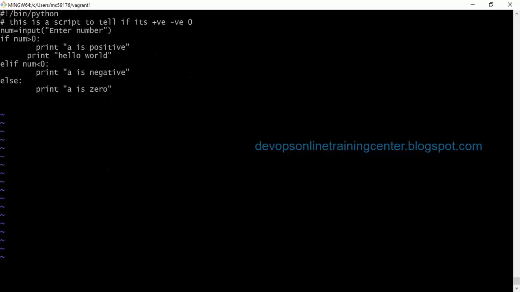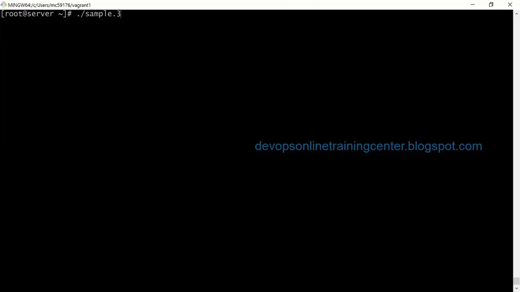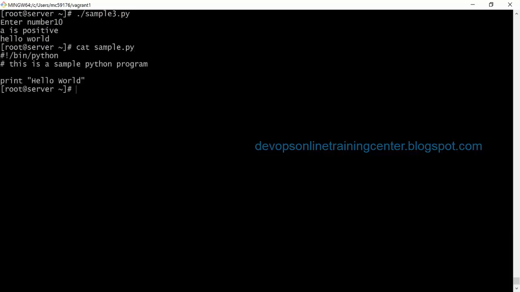Is this clear? So if I give it like this, will this work? A is positive, right? So we need to follow the indentation across the program.